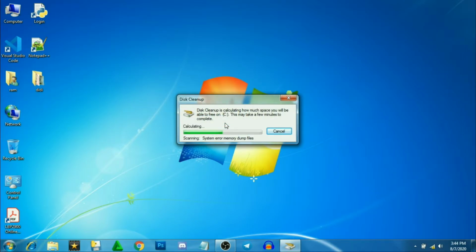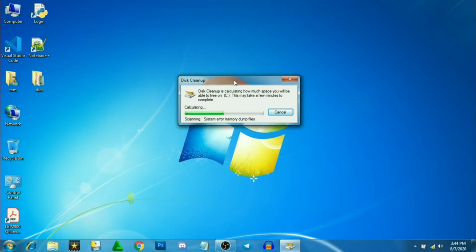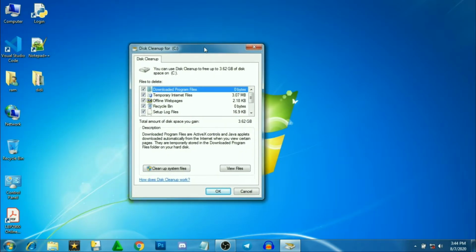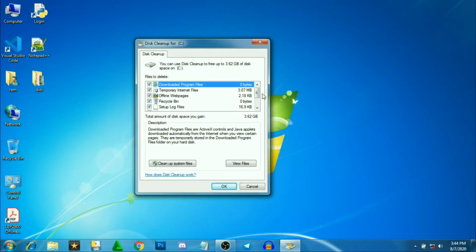This will take a while to calculate the error memory dump files. After the files are calculated, some of these boxes might be unchecked, so make sure to check all the boxes.